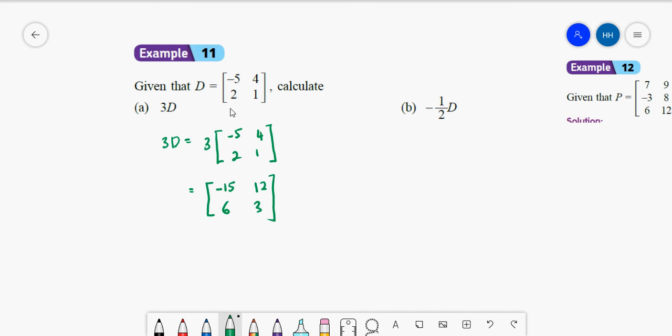Okay, so this is the answer. Same goes for here. -1/2 D will be equal to -1/2, and then you copy matrix D, -5, 4, 2, 1. So the answer is